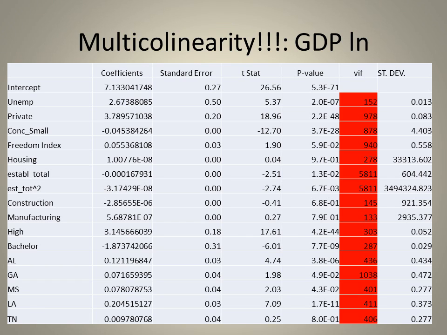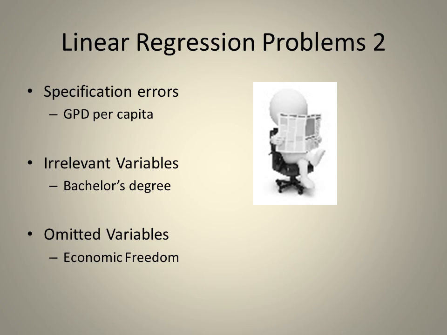When I ran my regression, wow, I had huge multicollinearity with VIF scores well over 5,000 for a few of them. A VIF score over 5 is pretty bad, so this was really, really bad. After trying several different things and eliminating variables, I finally determined that logging GDP per capita was my problem. Since there's such a low variance in my dependent variable, it raised my VIF scores. So that was my first specification error.